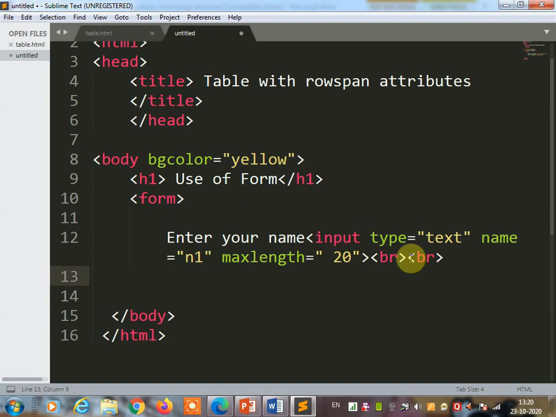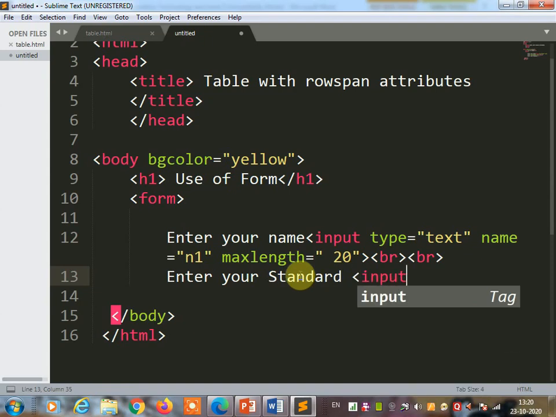Now I am going to ask: enter your standard. Here input type equal radio.